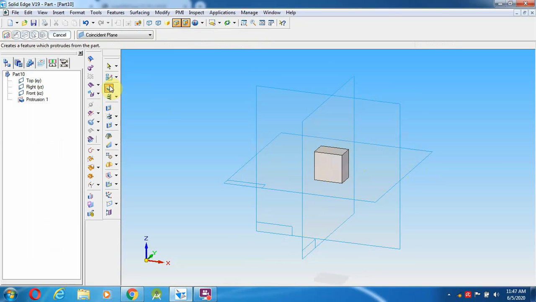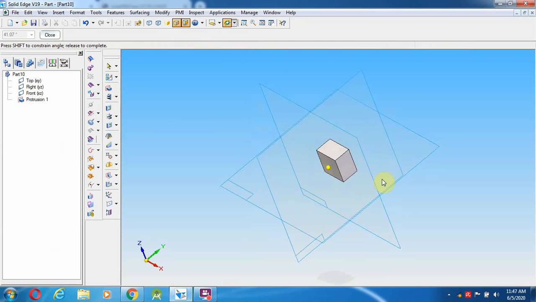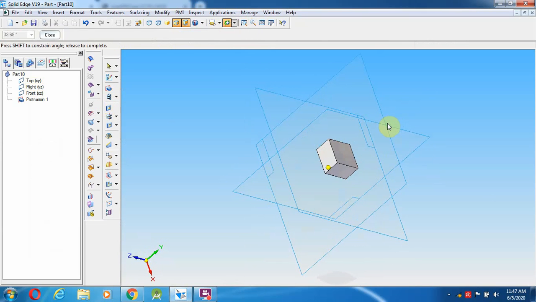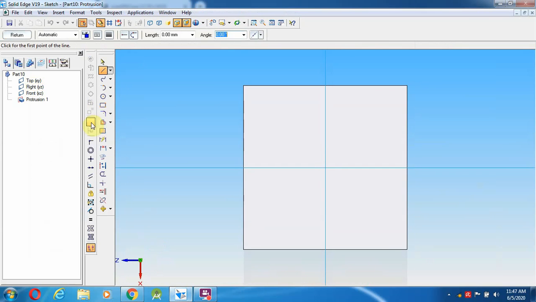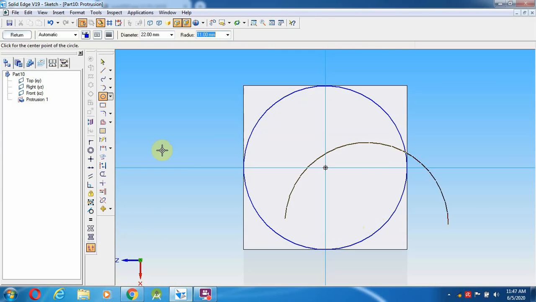Again I am going to select a protrusion on the other surface. So here I am going to select the bottom surface. So this is the surface. Now I am going to select a circle having the diameter of 22.